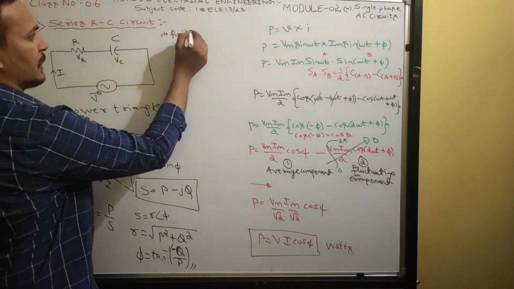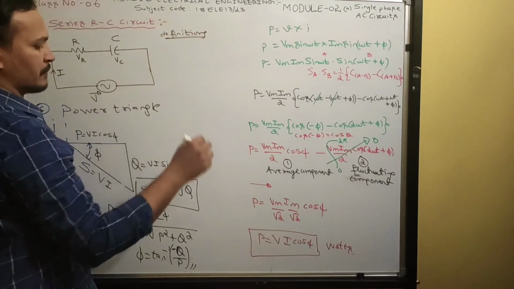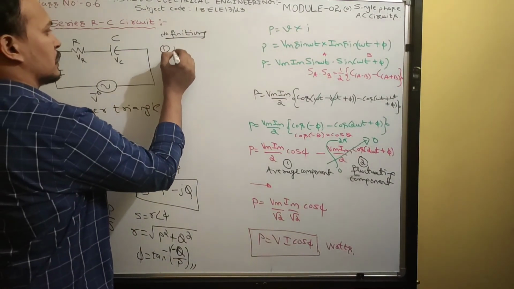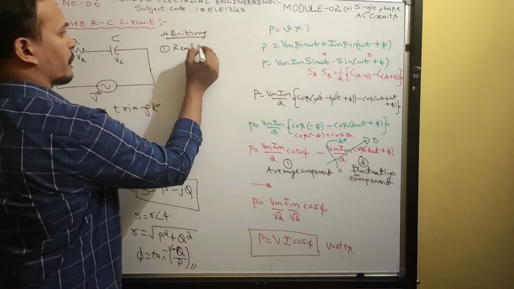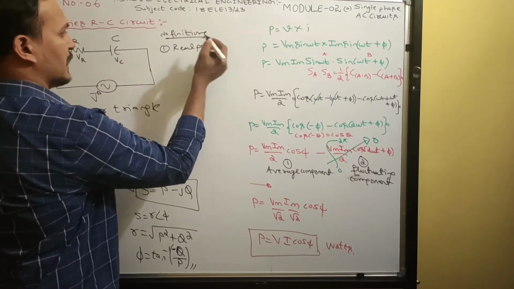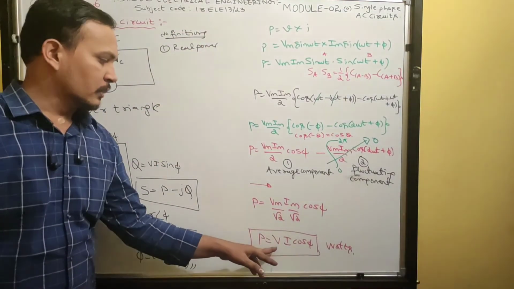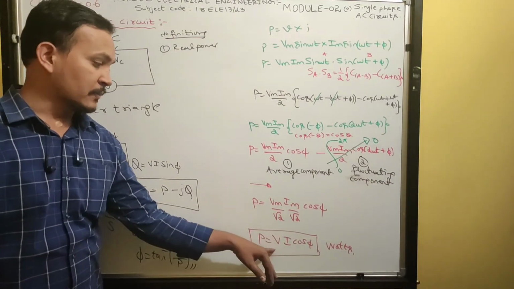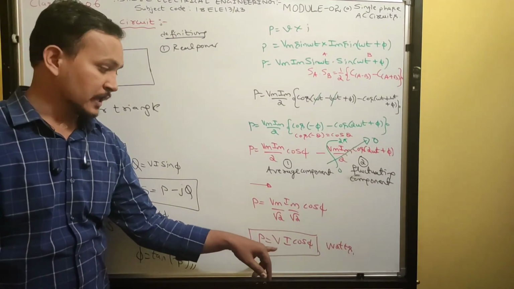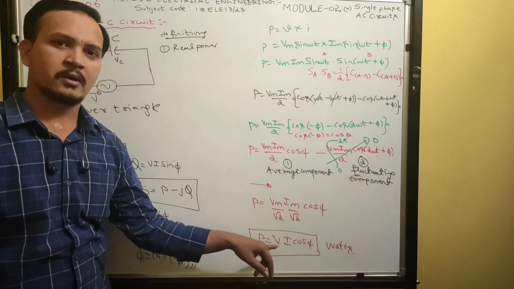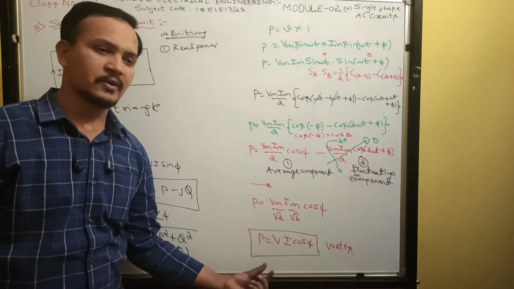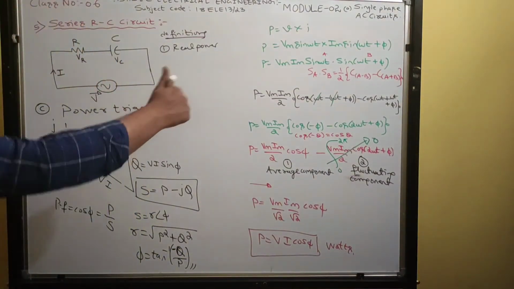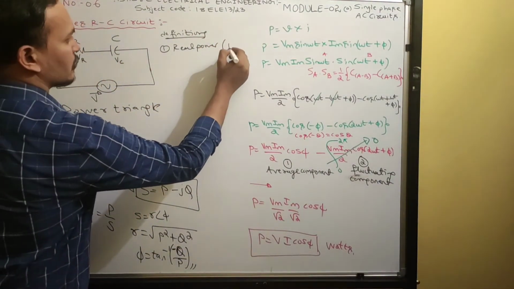So therefore you should write, later you can write the definitions. I already explained in previous videos. Same definition holds here also. So first is real power. See, so many namings are there: real power, average power, active power, useful power, true power. All give the same notation P. So real power is denoted by P.